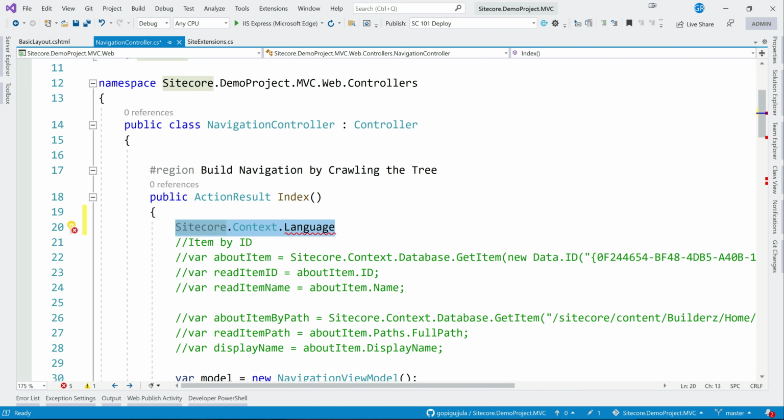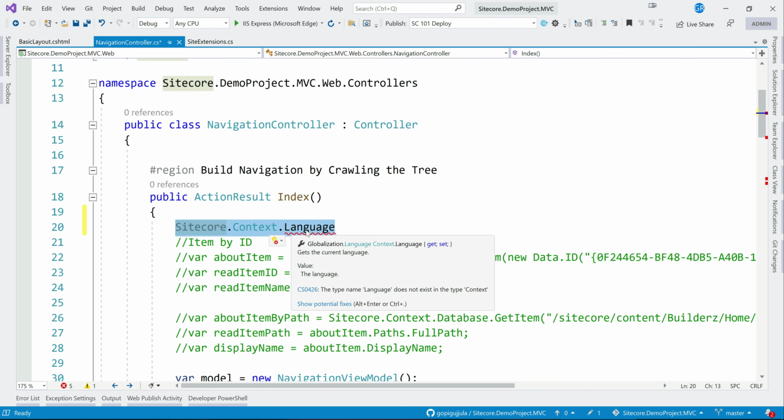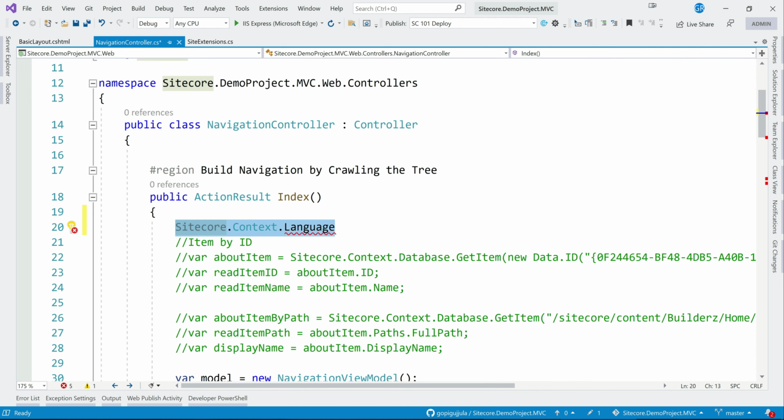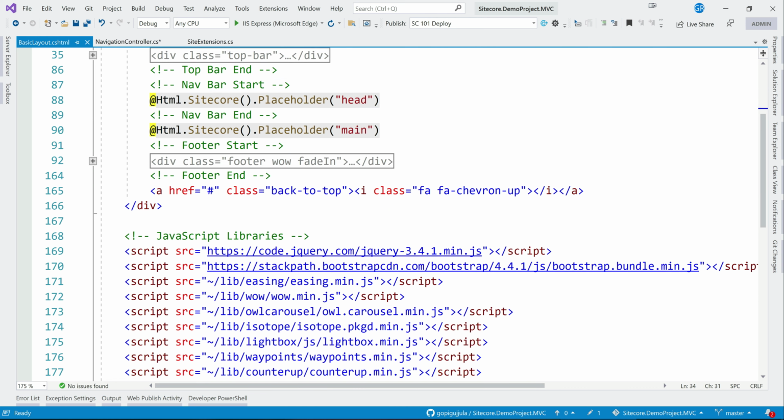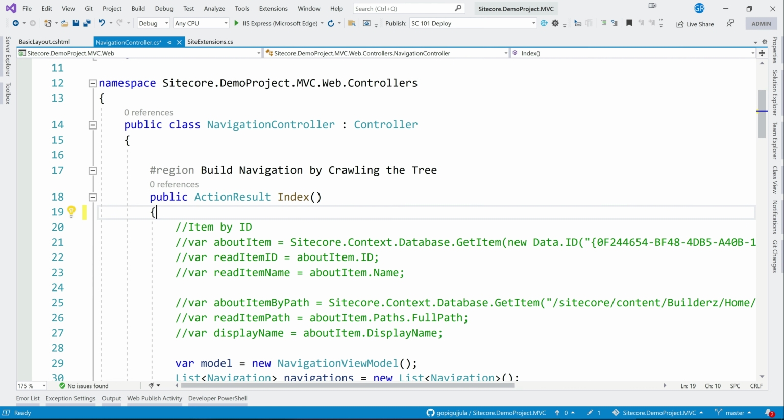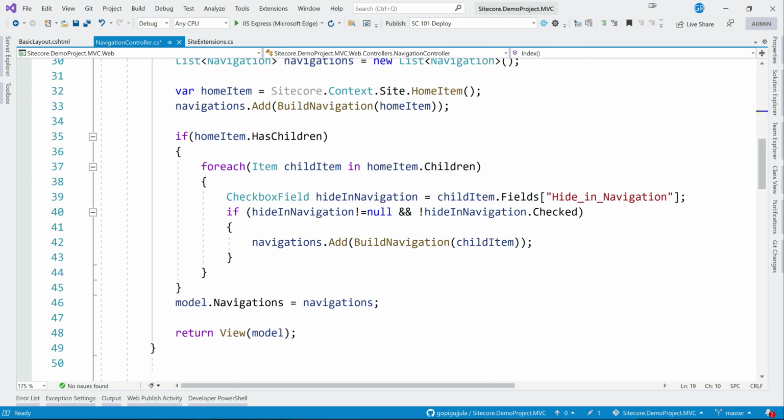This will tell you whether the user is browsing the English language site or the German language site, and based on that, if you want to do anything, you can do it. That's all from this aspect, the language and everything.